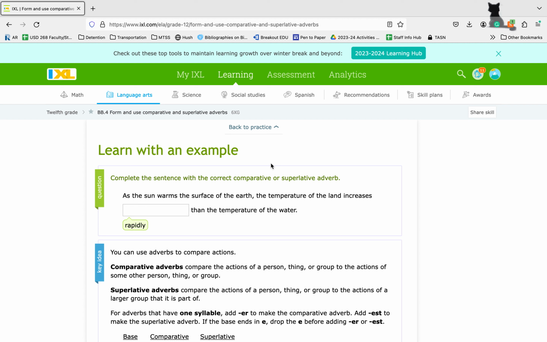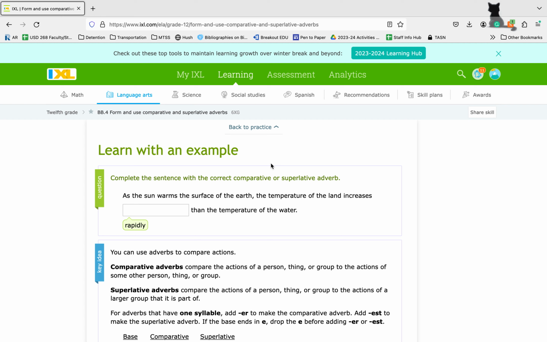Going to be looking at two more sections of your IXL grammar. So the first is BB4, which is the form and using of comparative and superlative adverbs. So this differs from the last one because we're looking at the adverbial version of a word versus the adjectival version. So in our example here we have, as the sun warms the surface of the earth, the temperature of